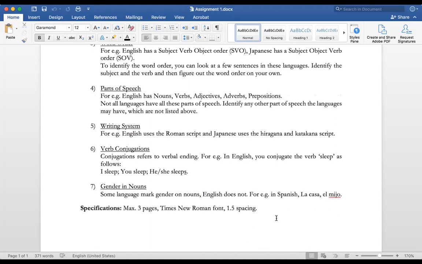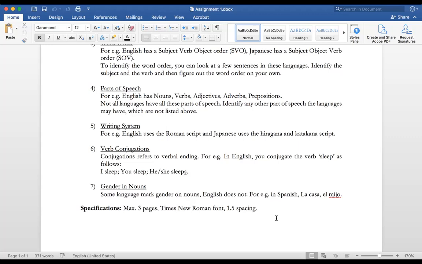Parts of speech. So what different kinds of lexical categories does the language have? Does that language have nouns, verbs, adjectives, adverbs, prepositions, or postpositions, etc.? And again, not all of these are universal. Very often nouns and verbs are considered to be universal, but not adjectives, adverbs, or prepositions. So again, maybe hunter-gatherer communities did not have adverbs or prepositions, right? So that's really what I'm looking for in this.